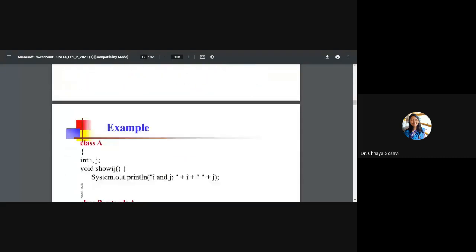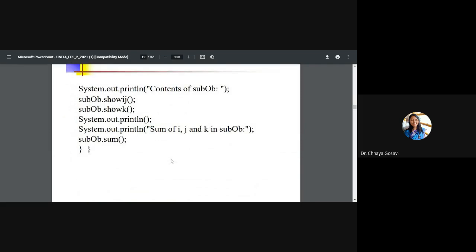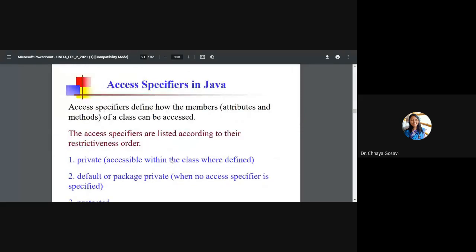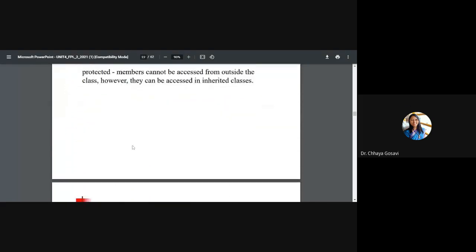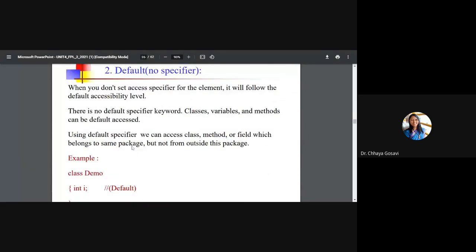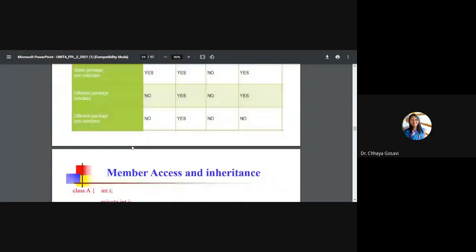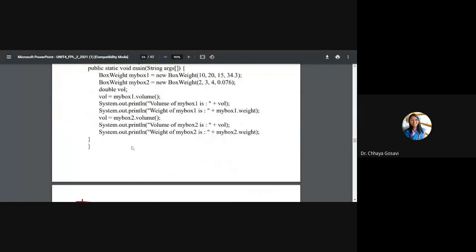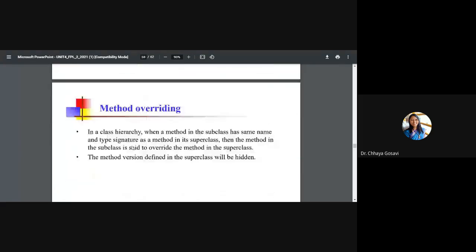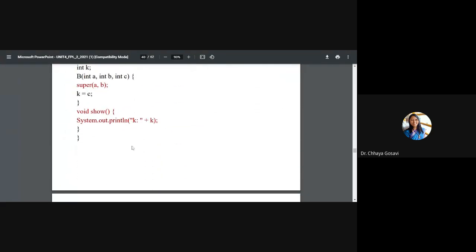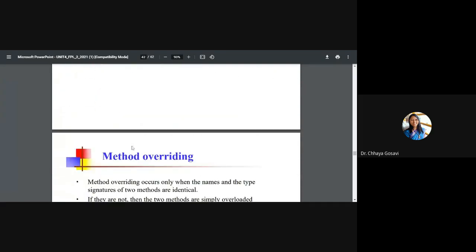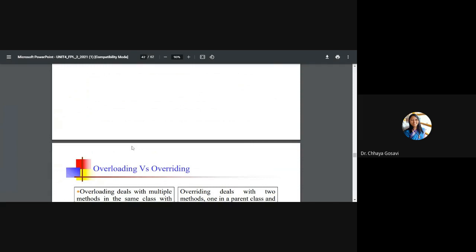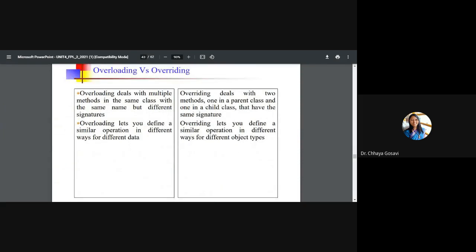We talked about what is a base class, what is a derived class, what is the use of inheritance. Then we have seen access specifiers in Java: private, public, protected, and default. We have also seen method overriding, defining the same method in the base class as well as the child class. The child class can make that method a more specific version. We can use the super keyword to call a superclass method, superclass variable, or superclass constructor. We have seen the difference between overloading and overriding.